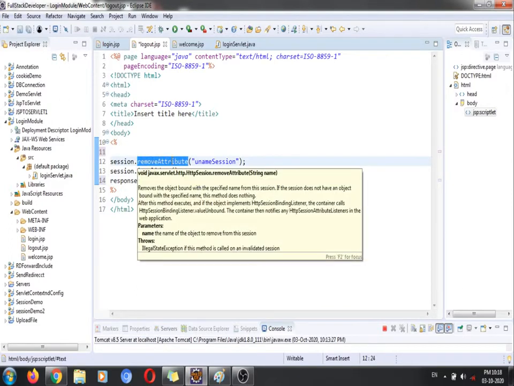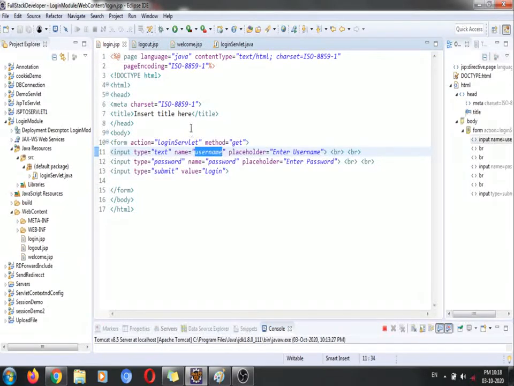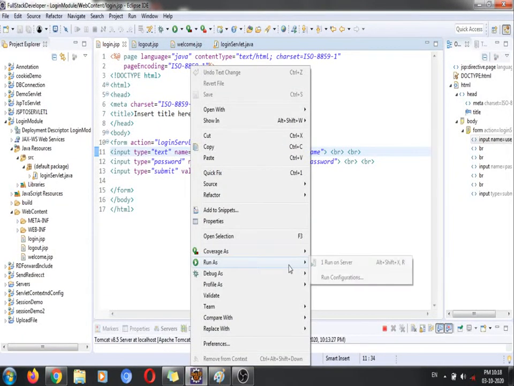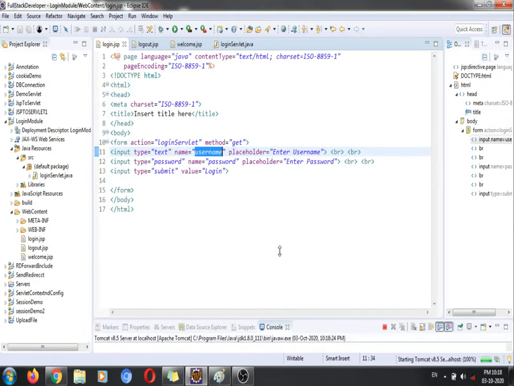We are going to remove the attribute, that is unameSession. It means we are making it null. After that, we need to invalidate the session, and then it's going to redirect to our page. So now let's see, is it going to work? I'll run this code. It's executing. Hope you are not getting any errors.